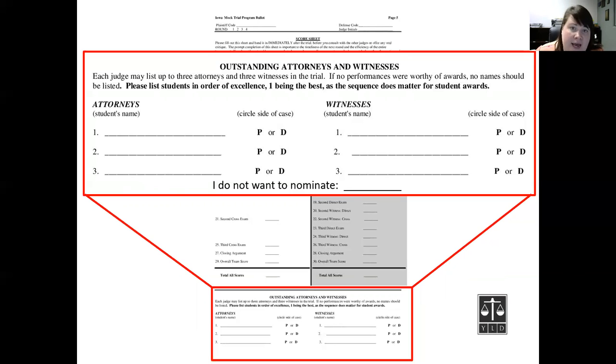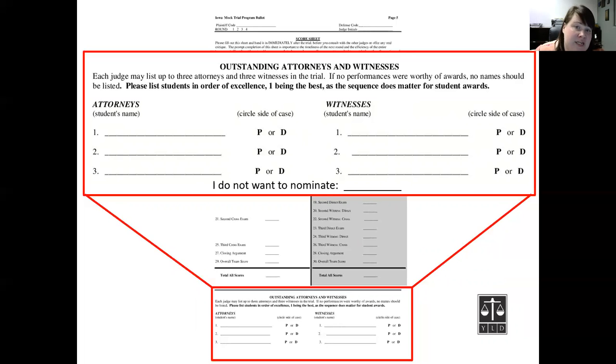You certainly do not have to. There are certainly rounds where it's like, yeah, none of these guys are super special. I shouldn't say it that way, but it really means a lot to the kids to see their name on that ballot. So personally, I tend to nominate in every round I'm in because those kids did the best in their round. And for a team that's unlikely to take a trophy home, that can be really affirming for a student to see their name on here.